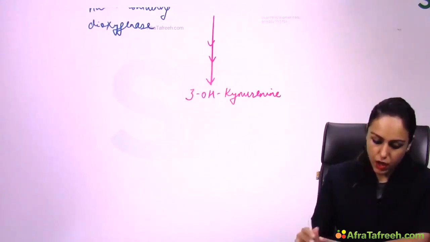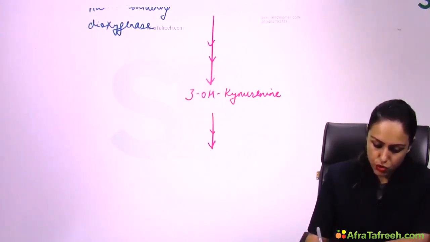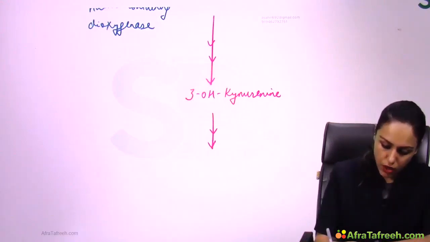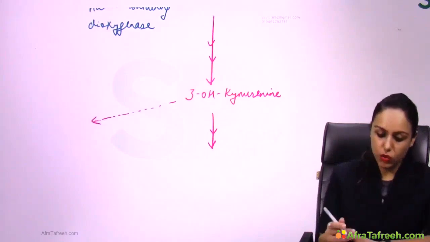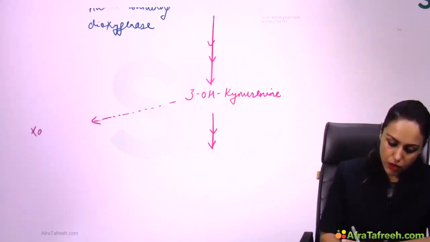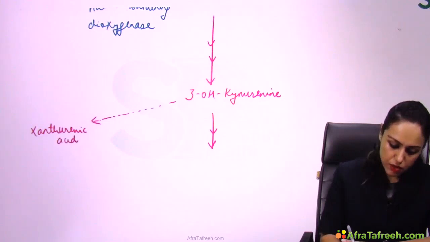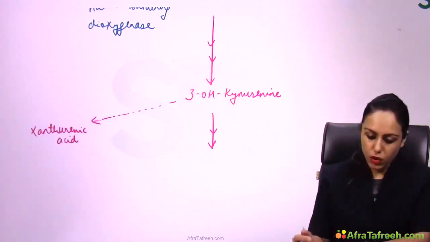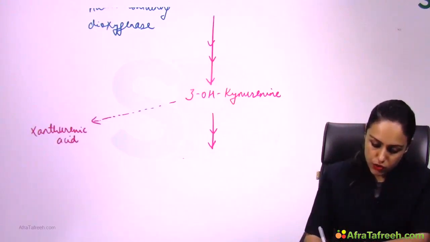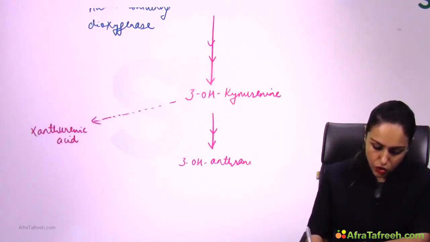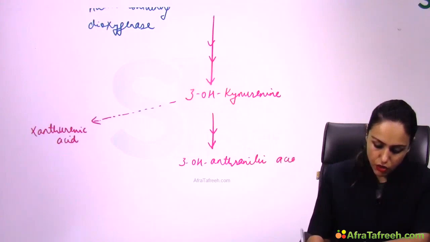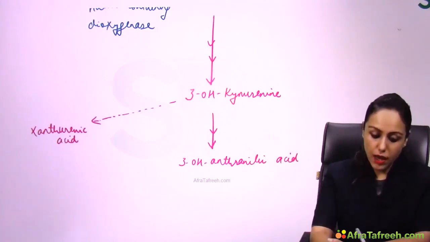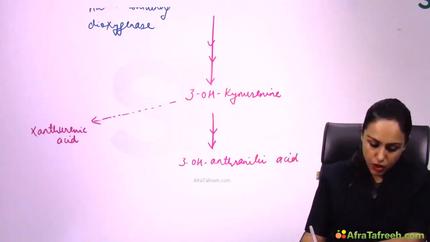This 3-hydroxykynurenine has two routes. One route is the major one, which I'll be taking, and first the minor route. In this minor route, 3-hydroxykynurenine forms xanthurenic acid, but this is a minor route in the body. On the other side, the major route forms 3-hydroxyanthranilic acid, and the enzyme responsible here is very important,